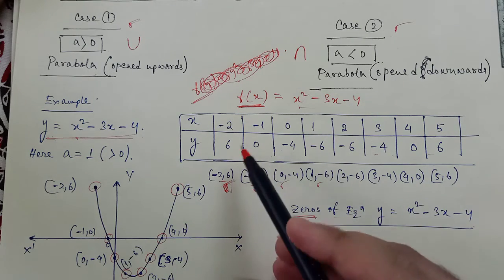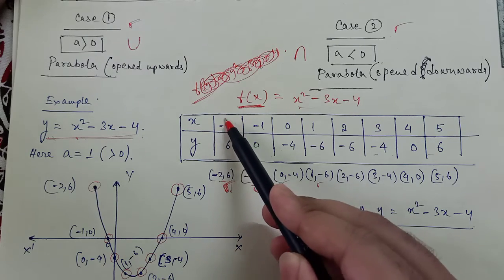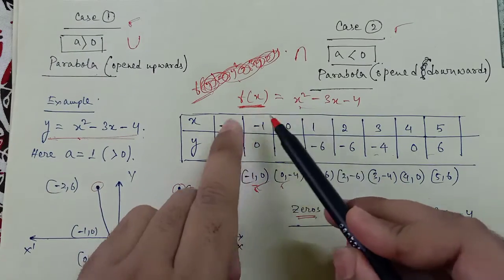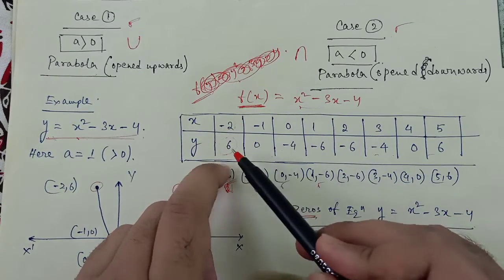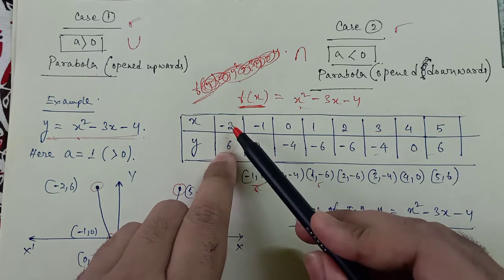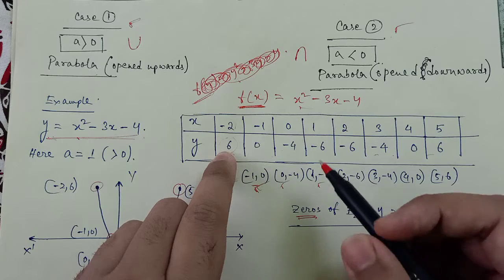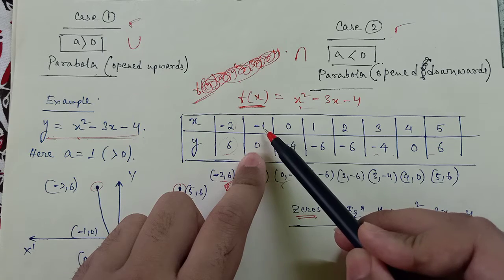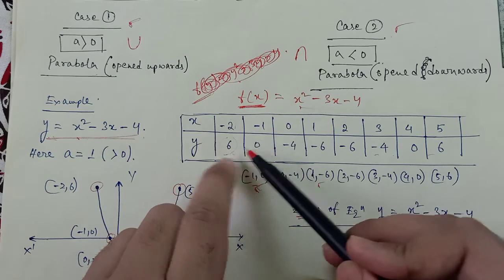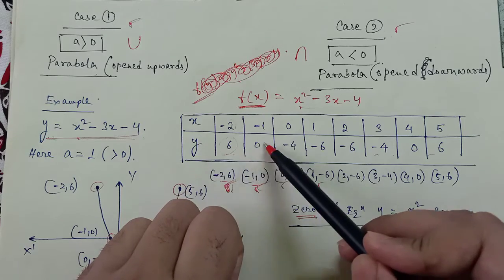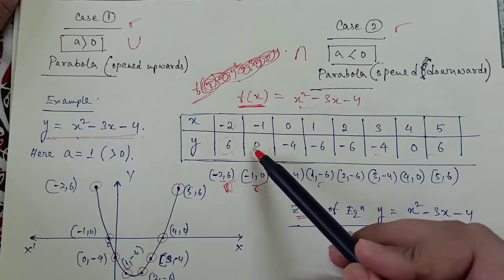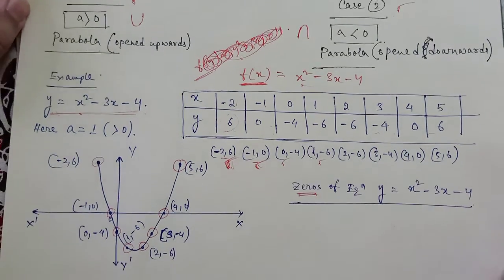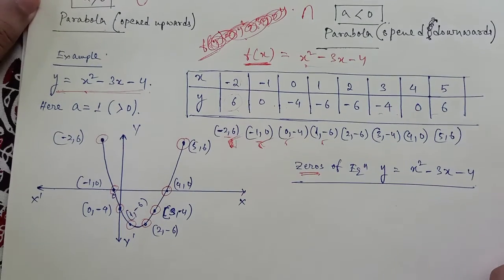So you can see here the value of x is -2, this is y. If we take the value of x as -2, we get y as 6. So this 6 is basically the function of -2. I hope this is clear. Here you can see, if we take the value of x as -1, we get a value of y that is 0. So this y equals 0 is the function of -1. I hope this is clear. So here f(x) and y mean the same.